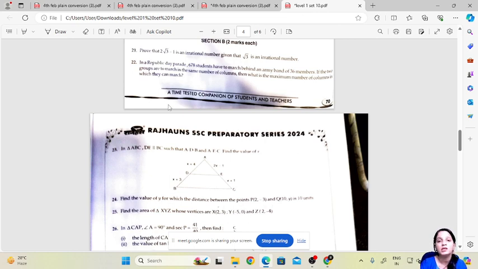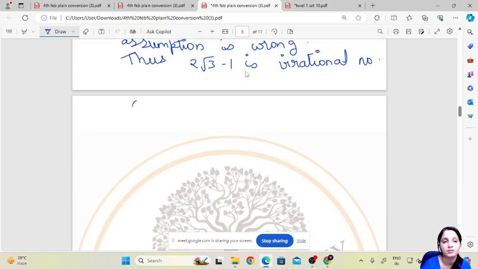See, here we have to make them stand in such a way that the maximum number of students will be in common. So the common factors related thing, that is the highest common factor, HCF. So we'll have to find the HCF of 678 and 36. I'll find it by prime factorization. You can find it by any method, Euclid's method or prime factorization. Most of the students find this an easy method, so we'll also do it with the prime factorization method.